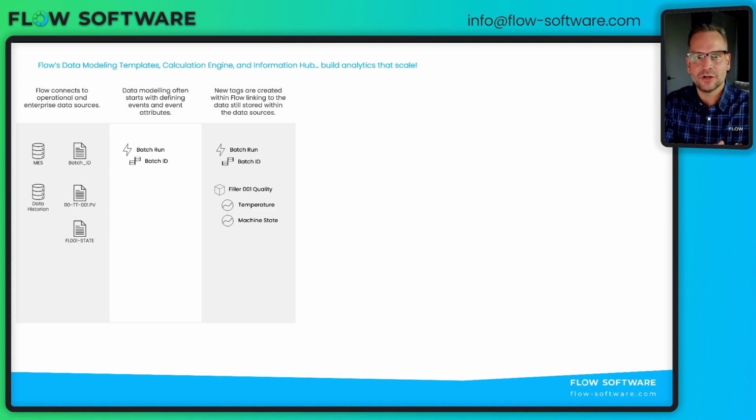There's no reason to bring all of the raw data into Flow. Instead, I'll create a link so that as the temperature value is changing, I have that available to me inside of Flow. Notice that I've also done an alias of the naming structure that is inside of the historian. The beauty of an information model is that I can use easy to understand naming conventions instead of the naming conventions that I often would have to live with inside of a site ecosystem.